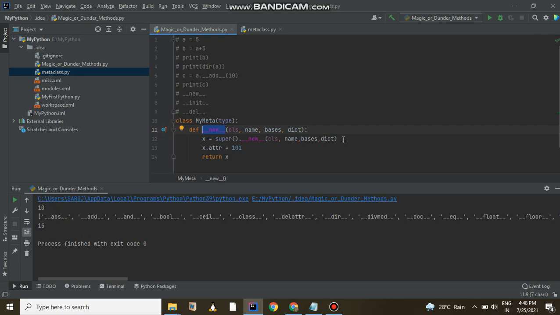First I am calling the new method from the type class; it is mandatory to call it. Apart from that, I am adding one extra attribute, 101. This way new helps you to create a new class of your choice.